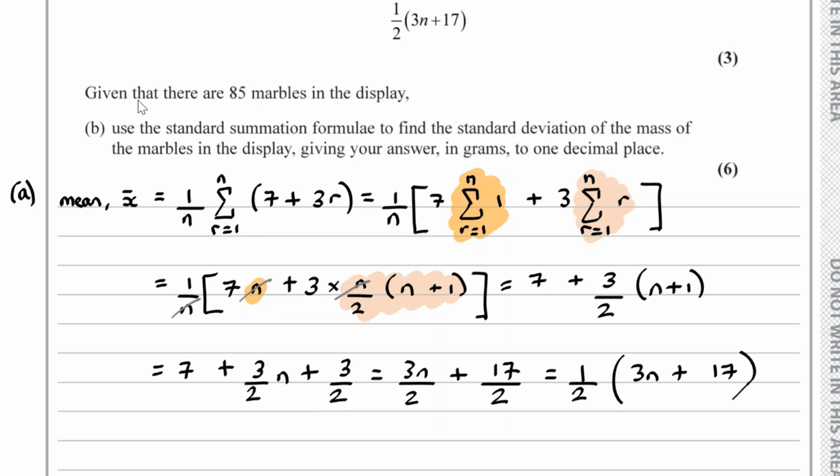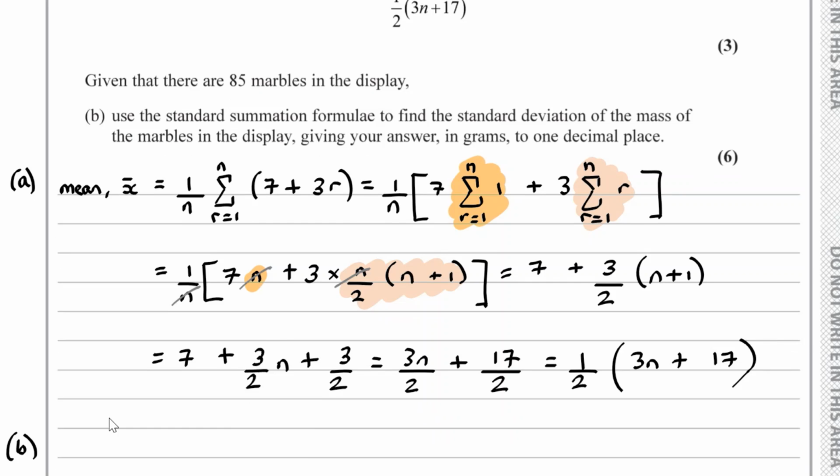And now for part B, given that there are 85 marbles in the display, we have to use the standard summation formula to find the standard deviation of the mass of the marbles in the display, giving an answer in grams to 1 decimal place. Now, for part B,